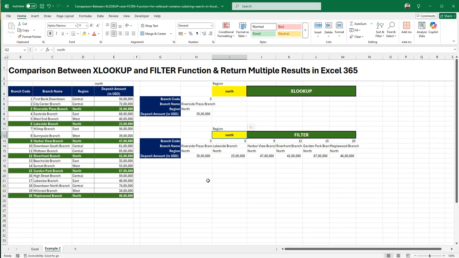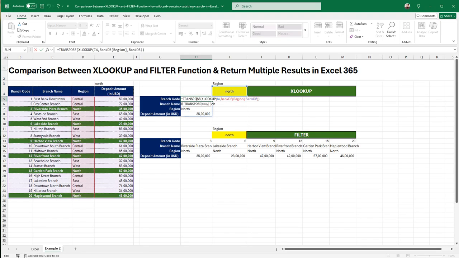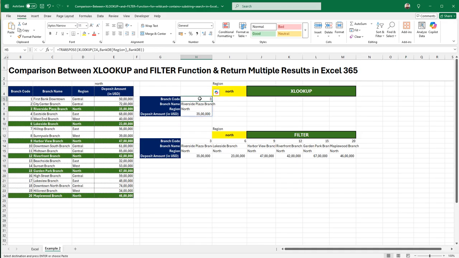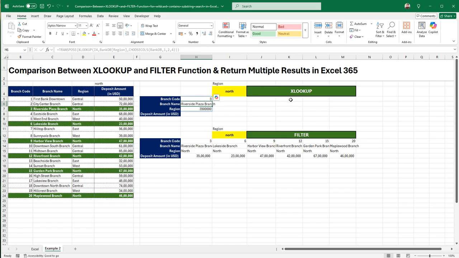So let's first learn with the CHOOSECOLS. The array is defined here. Now we will add column 1, column 2. We don't want column 3 here because it pertains to the region. We want the fourth column and we will close the bracket. So now as you can see, that has been eliminated and we can just press Ctrl X to cut